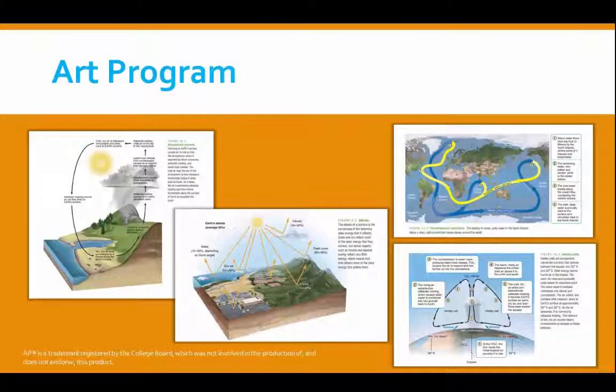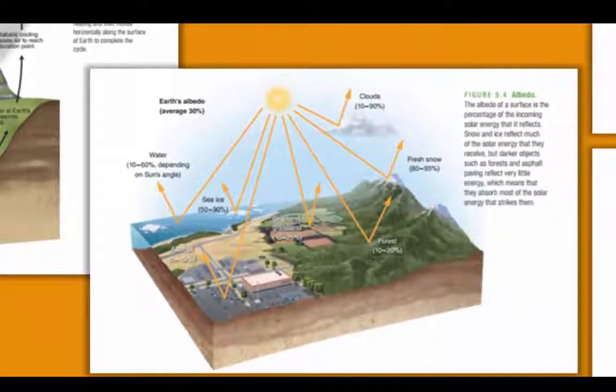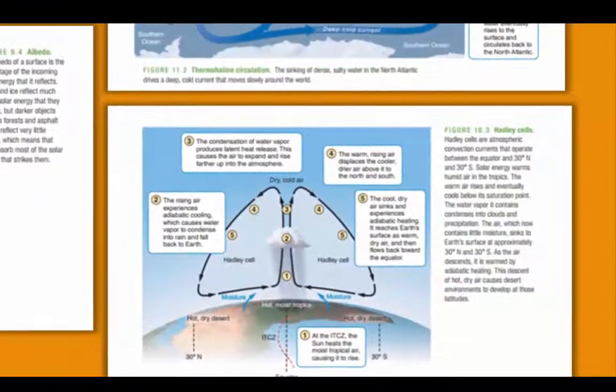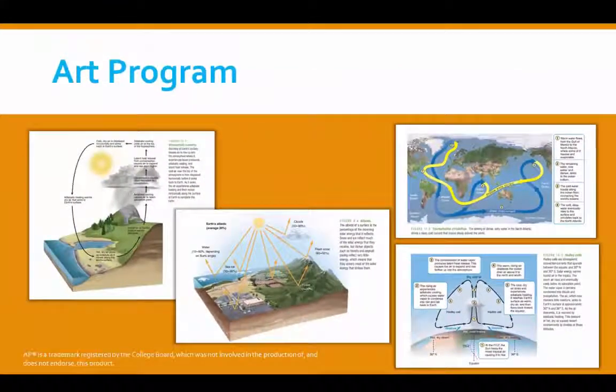The art program was developed to be more than just pretty pictures. The authors understand that each photo, illustration, table, and graph must be clearly presented and help convey important information in the detail required for success on the AP exam. All items are carefully chosen to help students comprehend and remember key ideas. Students engage in the scientific practice of analyzing and interpreting a variety of tables, graphs, and charts. Student focus groups assisted in the formation of the art program to ensure that information is clearly and easily understood.